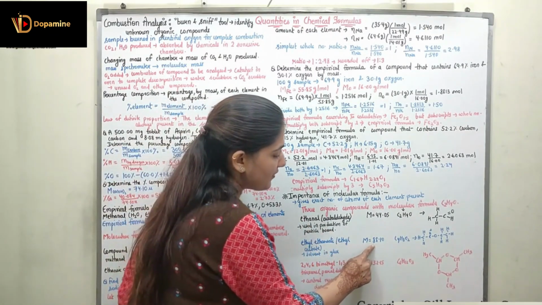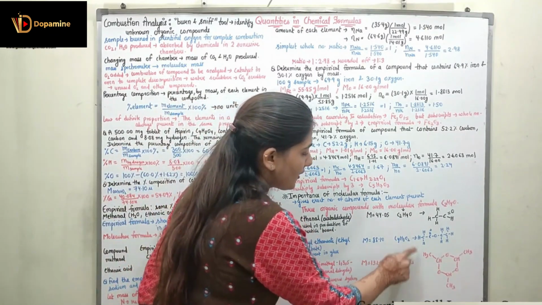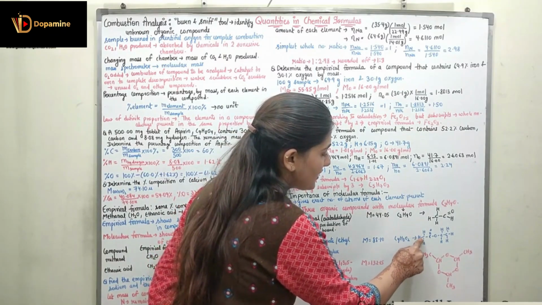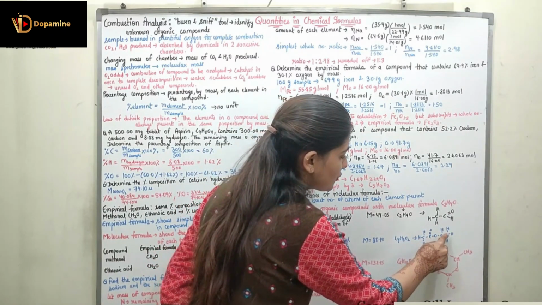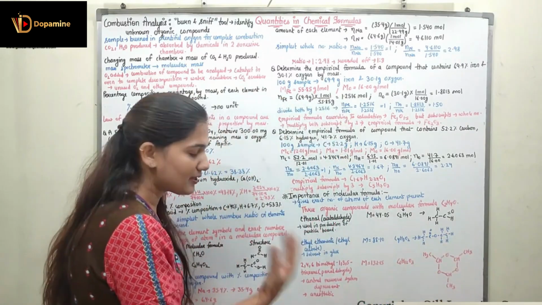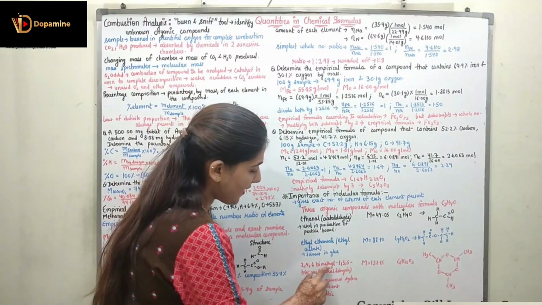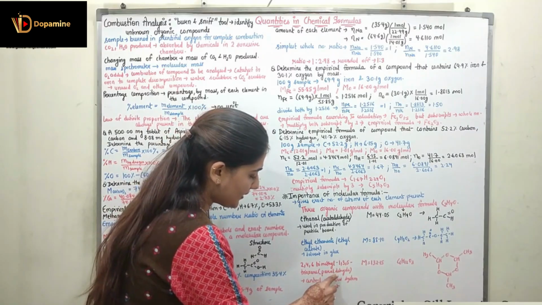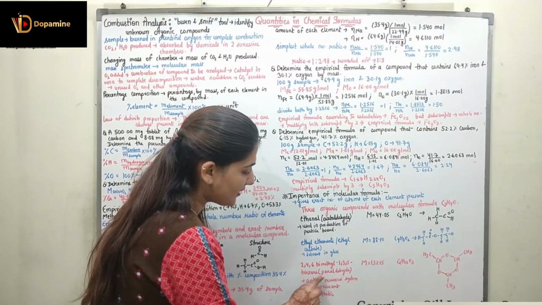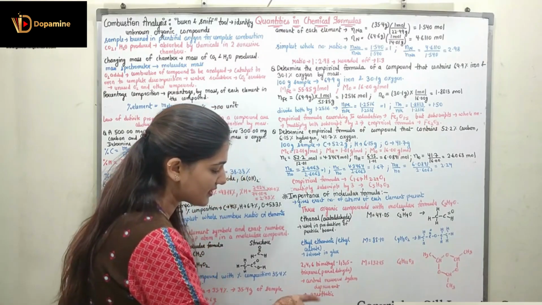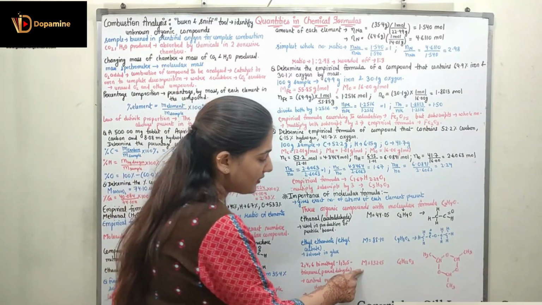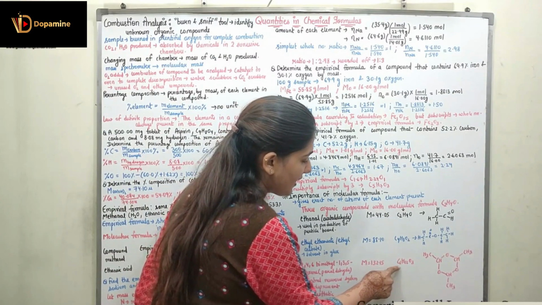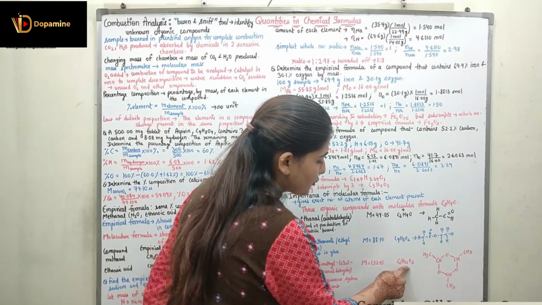The two have really different properties, and the molar mass is also very different, 88.10. The molecular formula is C4H8O2 and the structural formula is CH3COOCH2CH3. Coming to the next compound, 2,4,6-trimethyl-1,3,5-trioxane, also known as paraldehyde. It is used as a central nervous system depressant or an anesthetic. It has the molar mass 132.15 and the molecular formula C6H12O3.